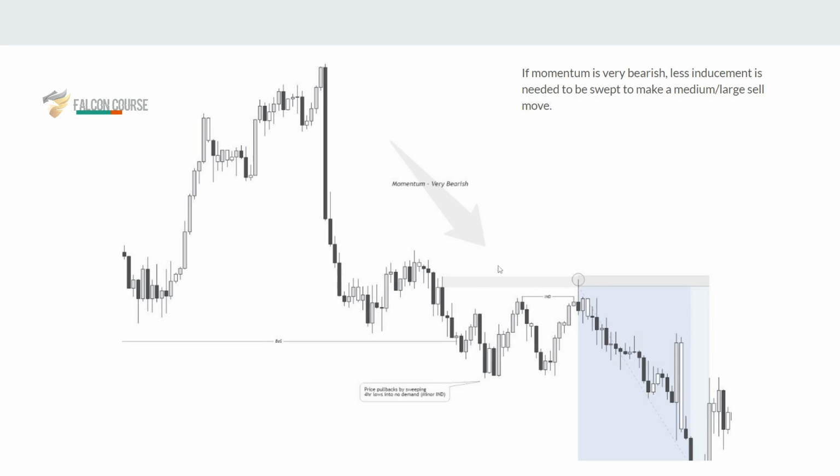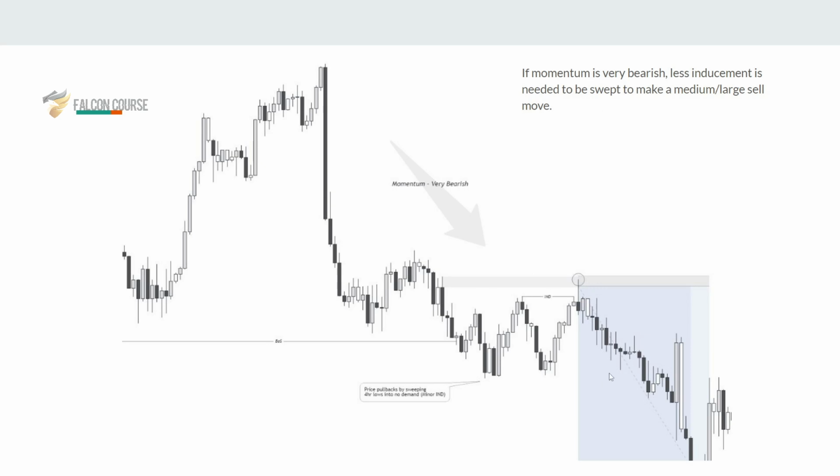In this case, with heavily bearish momentum, we're riding the wave and trading with it. We find that point of failure that caused the break and wait for it to get induced. Once it does, we're good to go. But see how price doesn't have to come all the way back here when we have a break of structure? Because of that momentum. So when we see large momentum, mainly from the higher time frame, we can zoom in on a lower time frame and trade with a bit more lenience, rather than in sideways momentum where we have to take out more inducement to make an up or down move.